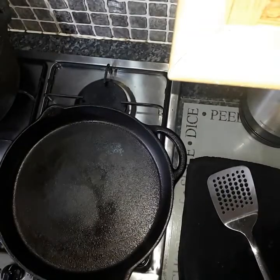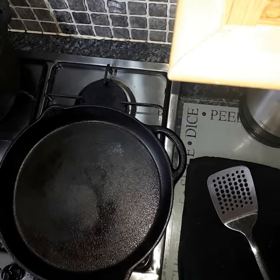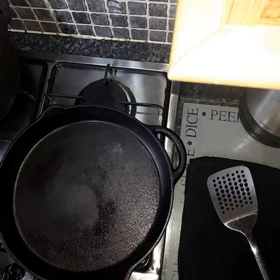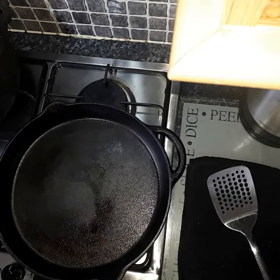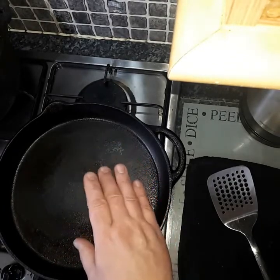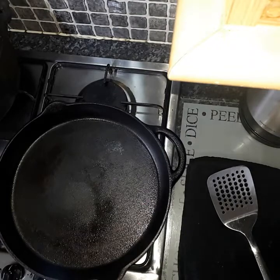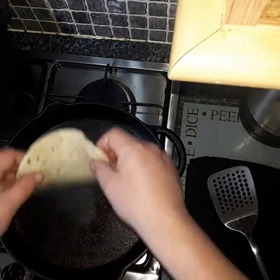And here we are. Right, I've got my skillet there and I've put it on a medium heat. So obviously when you're using a skillet, the handle at some point will get hot, so be very, very wary of that. So no oil at all. There is a little bit of glisten in the bottom of that pan because it's seasoned. So all we've got to do is just pop